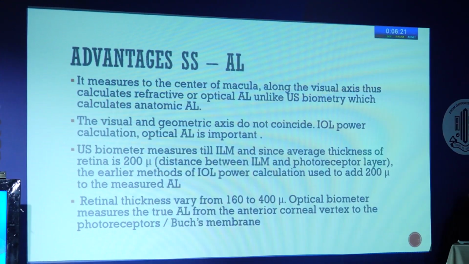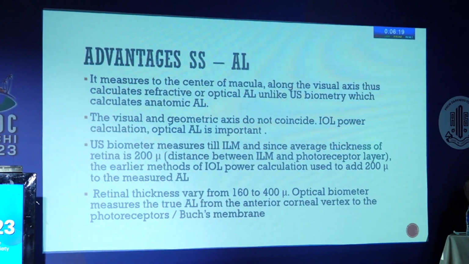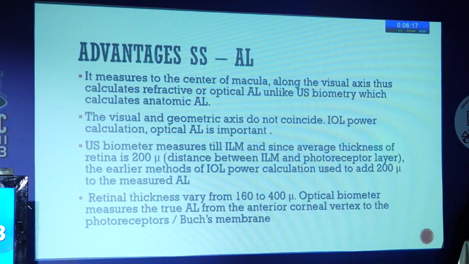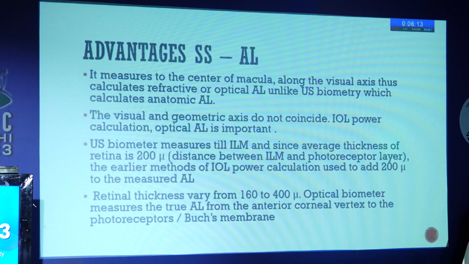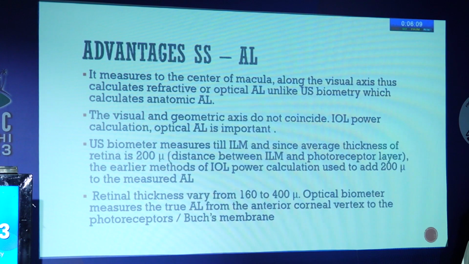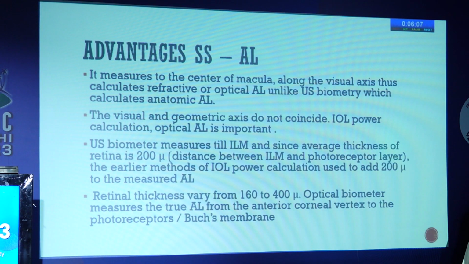It measures to the center of the macula along the visual axis, thus it calculates the refractive or the optical axial length, unlike ultrasound biometry, which calculates the anatomic axial length only. The visual and geometric axes do not coincide, and for IOL power calculation, optical axial length is the foremost important. Ultrasound biometer measurements are up to the internal limiting membrane, and since the average thickness of the retina is 200 microns,